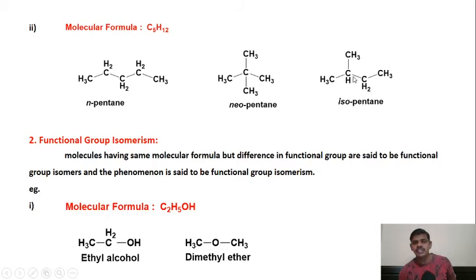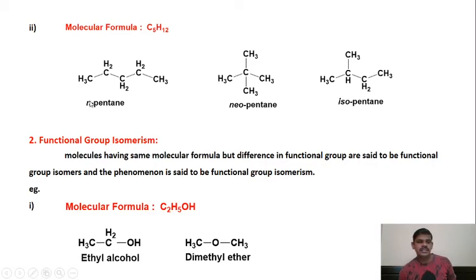three structures. Here CH3 is attached to CH, then CH is again attached to CH3, and on one side it is attached to CH2, and then this CH2 is attached to CH3. So all these compounds have different structures depending on their chain. Here it is the straight chain, here it is the more branched chain, here it is a little less branched chain. Here in the chain 3 carbons are there, here in the chain 5 carbons are there, and here in the chain 4 carbons are there, to which one CH3 group is attached. So these are the 3 examples of chain isomerism, and these are the chain isomers of one another: n-pentane, neopentane and isopentane.